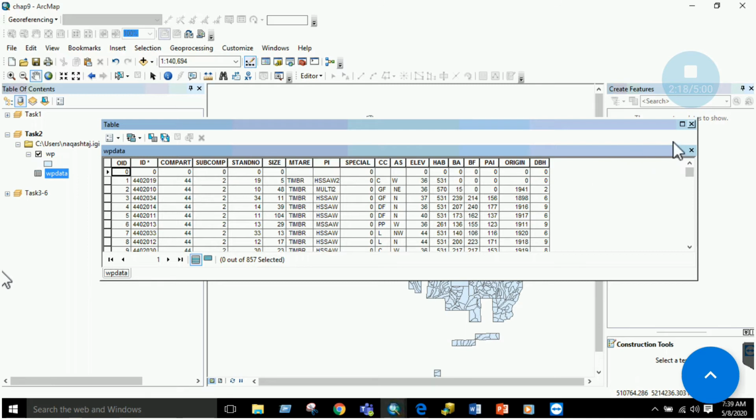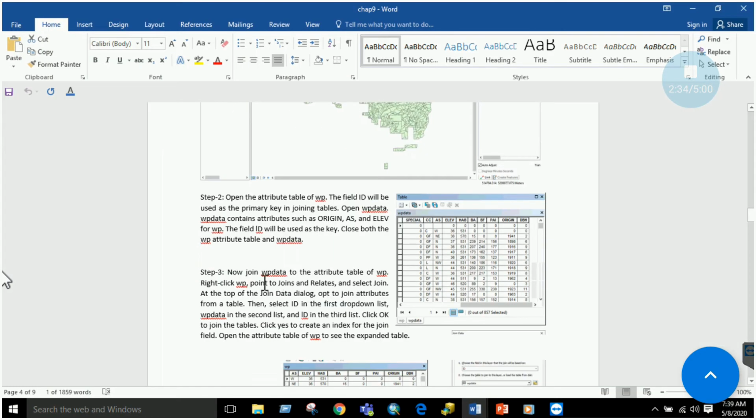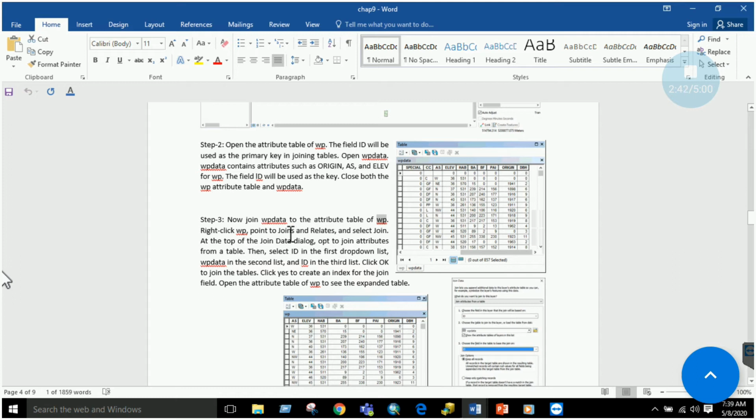So this was basically the relational database concept which we were talking about in the theory, that is how to relate two different files, or how to relate two different text files, or a shape file with a text file. So for this exercise we will join the attributes of wp data to the shapefile wp, right? We have to right click wp, point to join and relate, and select join.